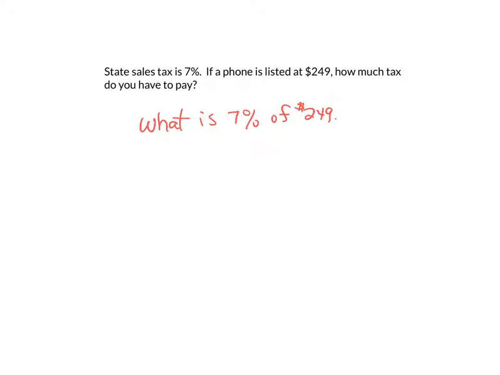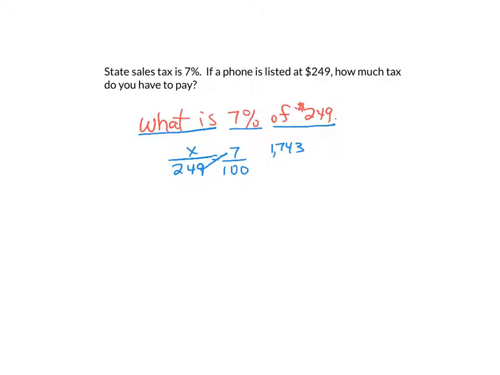Now I'm going to set up my proportion. Since the 7 is associated with the percent, it's 7 over 100. 249 is associated with the of. What is, I don't know what that is, so that's where my X is. And now I have my proportion. So I'm going to solve this. I'm going to have to figure out, what is 249 times 7? Now, I'm not going to take the moment here to do the math, but I will tell you that 249 times 7 is